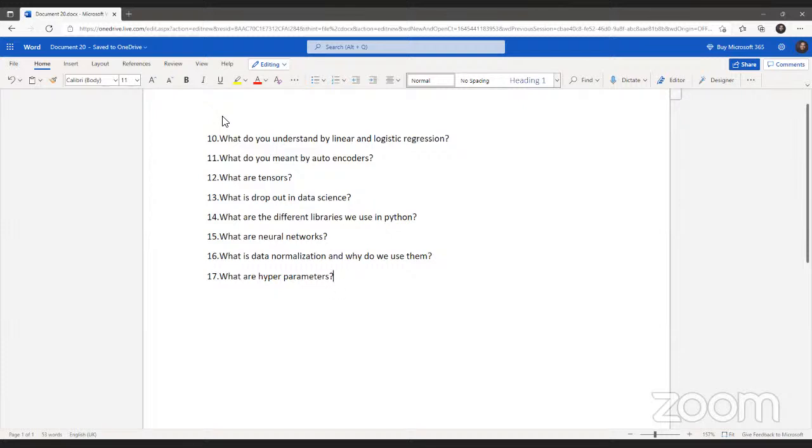As we look into hyperparameters, a hyperparameter is a parameter whose value is set before the learning process begins, which determines how a network is trained and the structure of a network, such as the hidden units, the learning rate, epochs, and so on. These all come under hyperparameters. And as we jump into the next question,